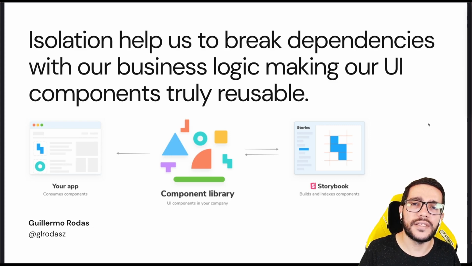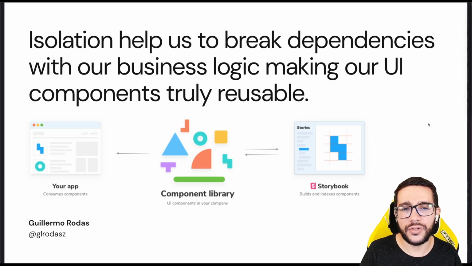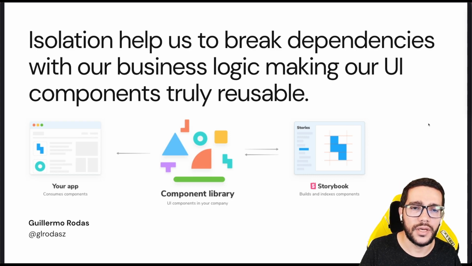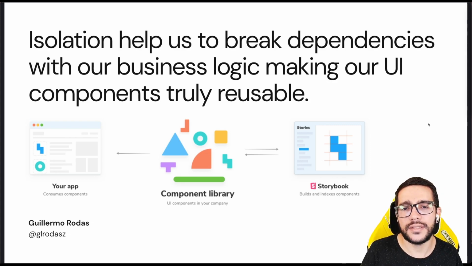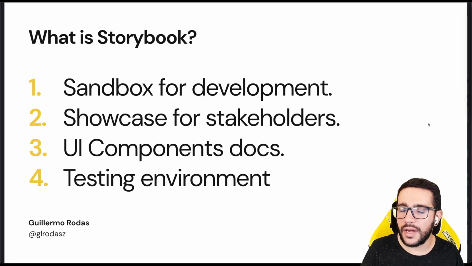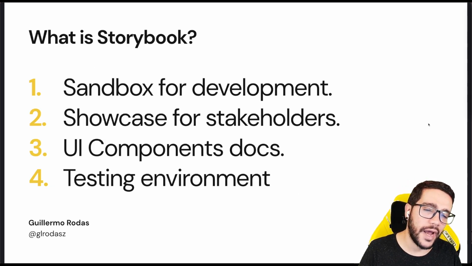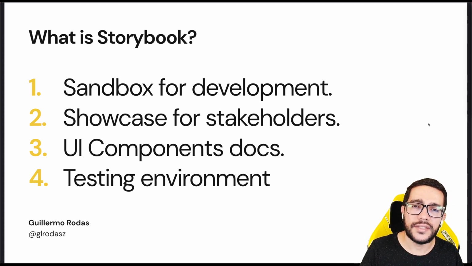And that's why it's very important to create the components in an isolated environment, because then you don't really think about if it's going to be people or if it's going to be products. You're just going to receive items and you will name the things and create the things in a very general, reusable way. So Storybook is a very powerful tool because, apart from the isolation approach, it is also a sandbox